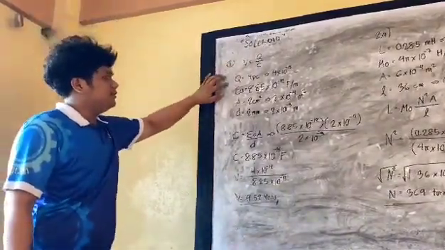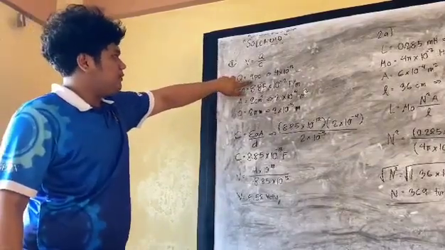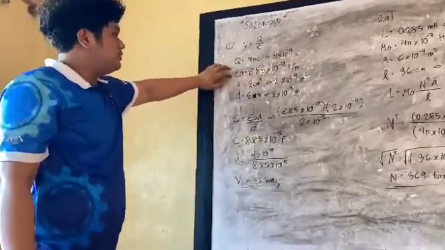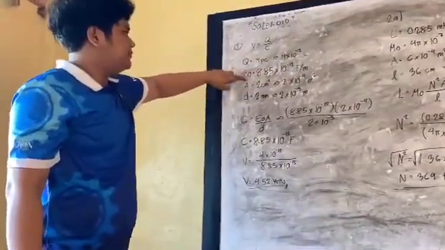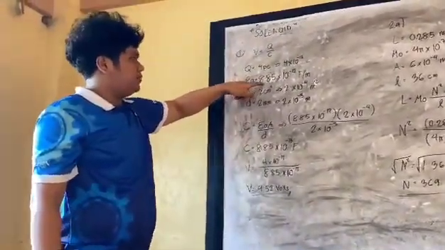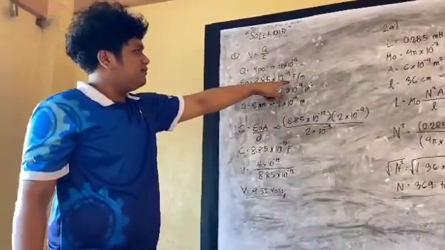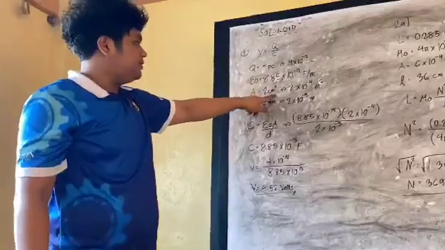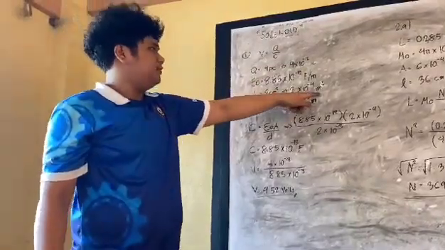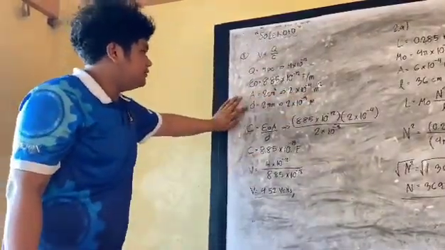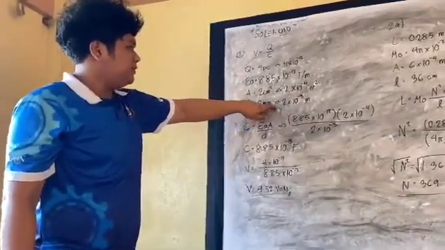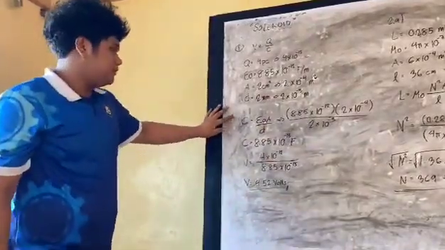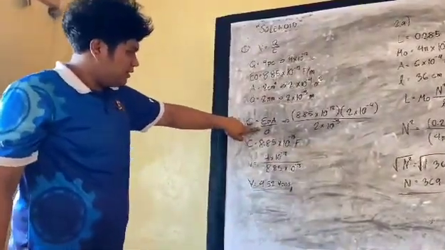Here, given we have Q, which is equal to 4 picocoulombs or 4 times 10 to the negative 12, the charge in the plate. Here we have epsilon, or permittivity of space, which is equal to 8.85 times 10 to the negative 12 farad over meter. And then we have area, which is equal to 2 centimeters squared or 2 times 10 to the negative 4 meters squared. And lastly we have the distance, which is 2 millimeters or 2 times 10 to the negative 3 meters. Now we will solve for C, which is equal to epsilon-naught times A over d.